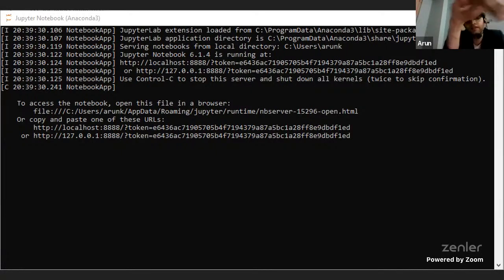It will create a new port at 8888 and deploy all the notebooks to localhost 8888, so that you can use the Jupyter Notebook to execute all your Python programs. It's not just used for Python; it could be used for many other languages as well. But it is mostly preferred for Python because as of today it is being used almost everywhere.